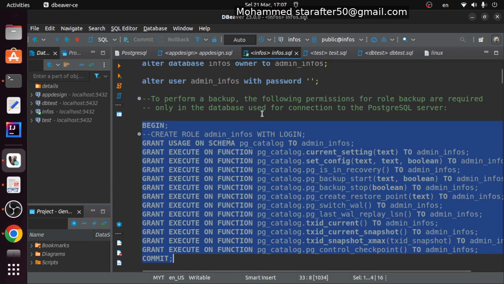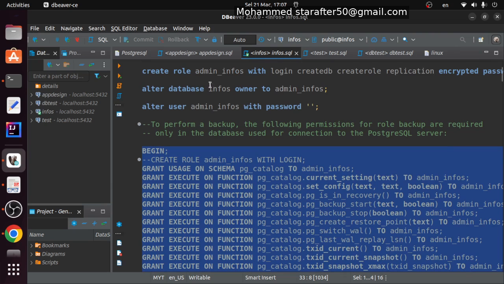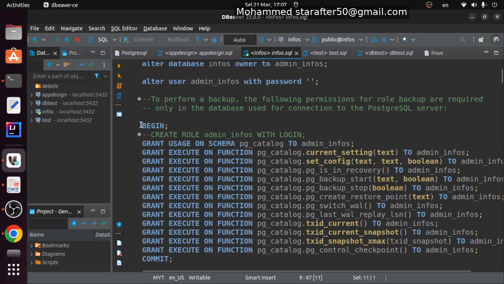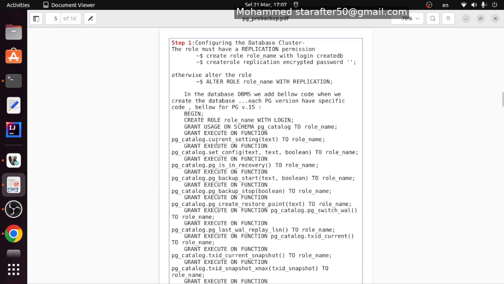So there are two things you need to make sure to have. When you create the role that will do the replication, you must give it a replication flag. And the next thing, for every database that you wish to do the replication for, you must give that user, that role, all these permissions. It has to be done. Okay, now